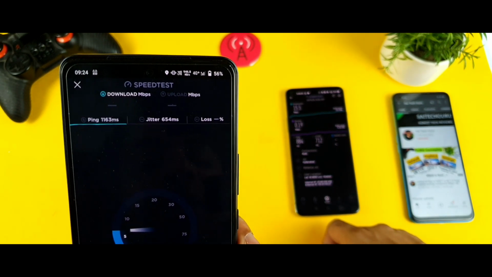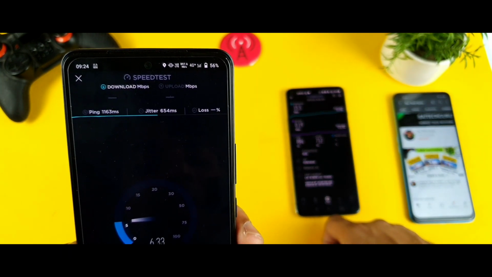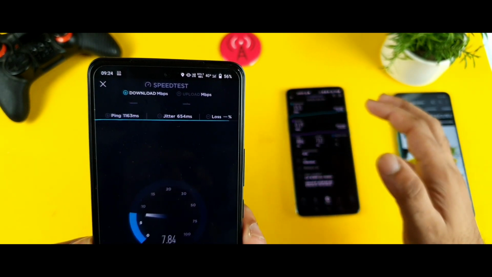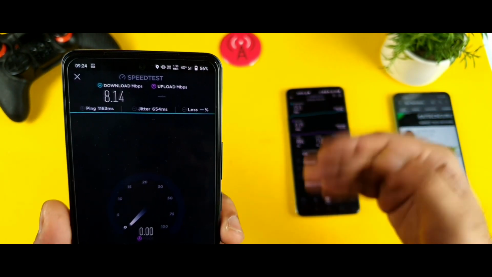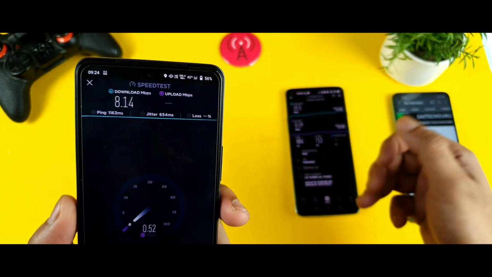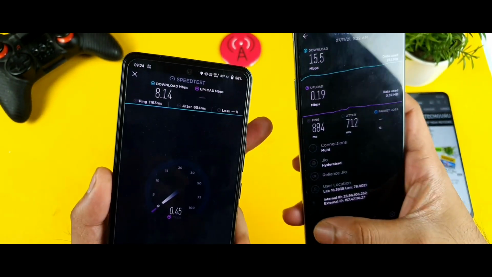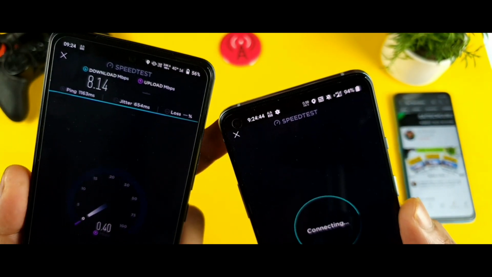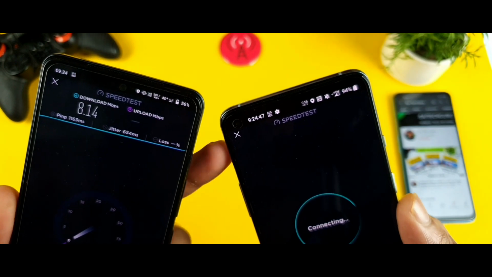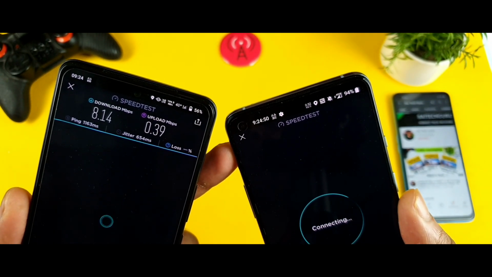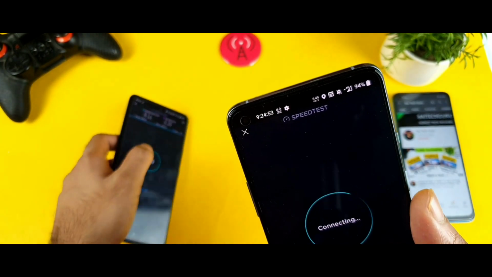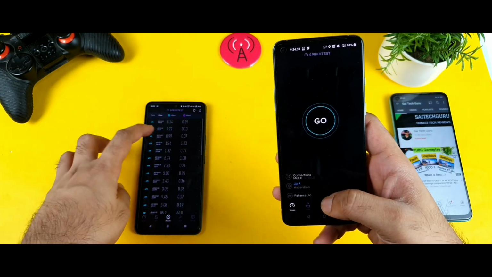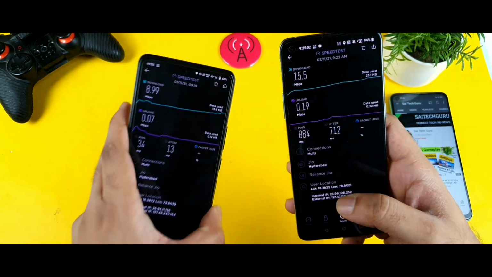And with the 850 band 4G plus I'm trying to get, and the speeds are close to 6 Mbps, 6.6 and 7 Mbps. So that's considerably okay, I would say, because you're getting only a single band. So instead of 4 bands and 3 bands and 2 bands, you did see the transformation in the OnePlus device when I did the speed test in front of the camera. The speed from 850 went to 2cc, and from 2cc to 3cc and 4cc as well. So even with more cc's, it doesn't mean you will get more speed. Sometimes you may get close speeds. That's the one thing. So these are the overall results, friends, and 8.99 is the highest and 15.5 is the highest. These are the complete score